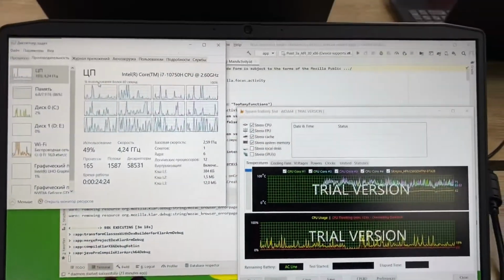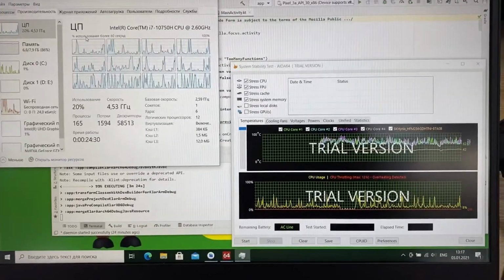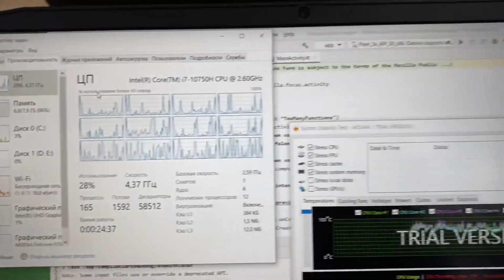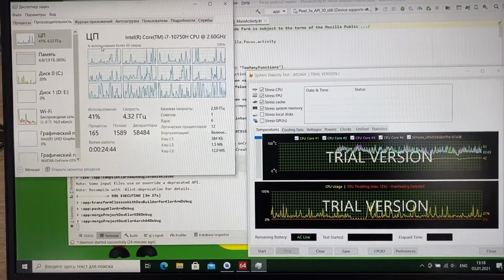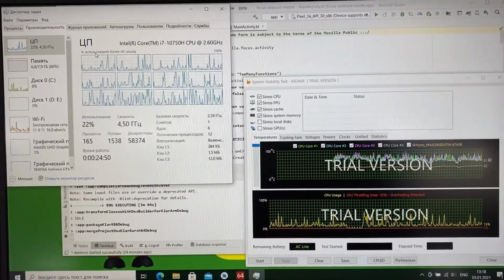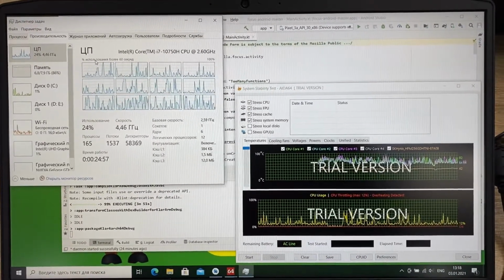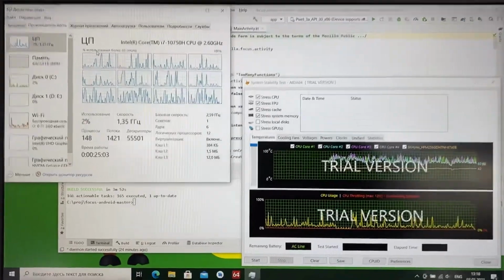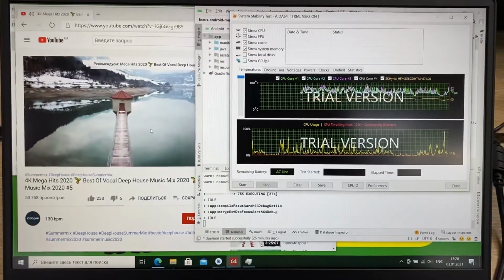So now you can see a test of Android Studio performance on the Lenovo Ideapad. I was running AIDA to see how the temperature of the CPU is changing, and you can see that this is an i7-10750H CPU with 2.6 GHz base clock speed, 8 GB of RAM, and the processor is not even fully loaded. The graphics is not even used right now. It finished in 3 minutes 52 seconds, and